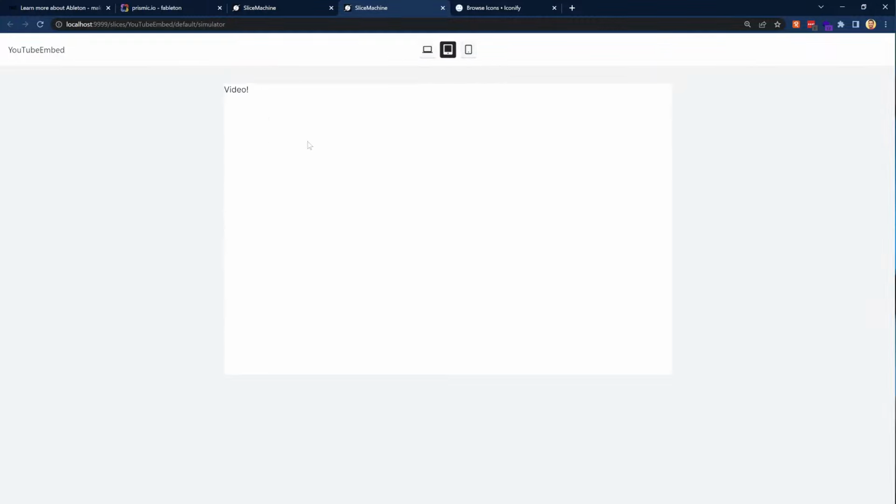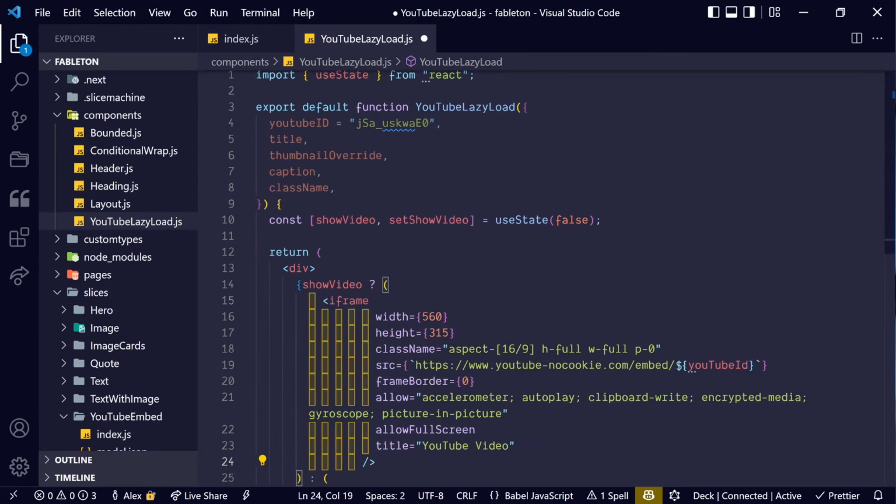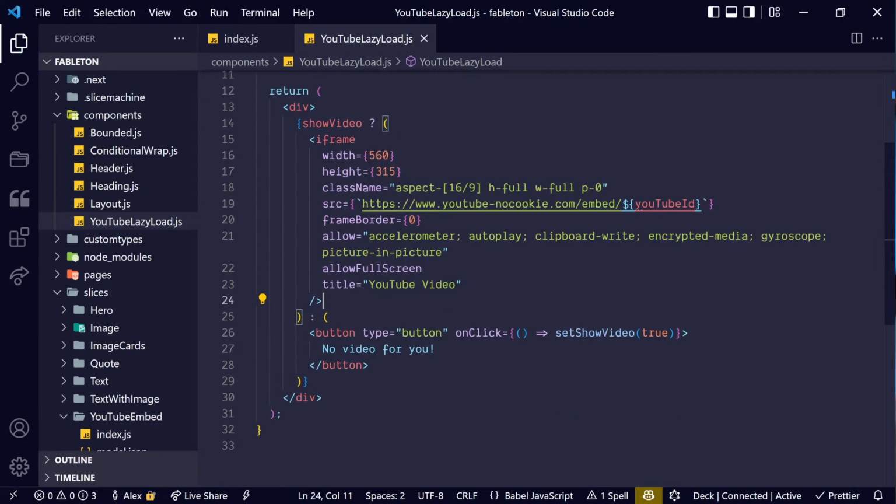And this is just easier for us to keep an eye on. So we've got it saying video here. I'm actually going to pull in the iframe that we're going to use for the video part. So if I pop that in there and save just to format it,